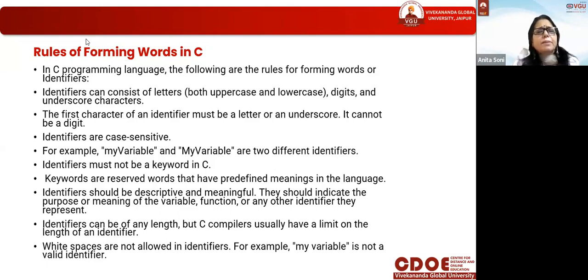Yes, it should define the purpose, meaning why you are using the identifier and what is the meaning of the identifier in your program. So it should be meaningful. As such, an identifier